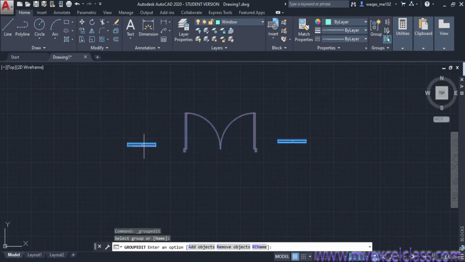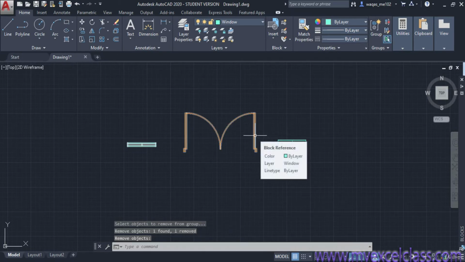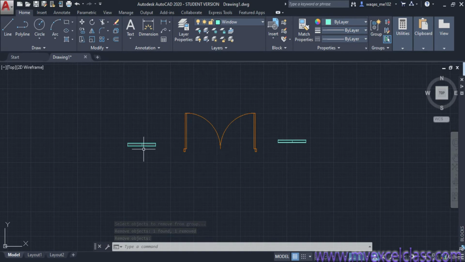Here is our group, and now it's asking whether you want to add or remove something, or rename it. Well, I want to remove an object, suppose this one. Click enter. Now this has been removed, and here is the block. You can remove any block, either this one, or this one.